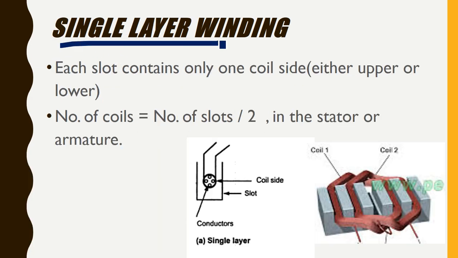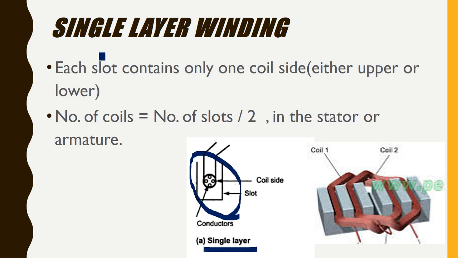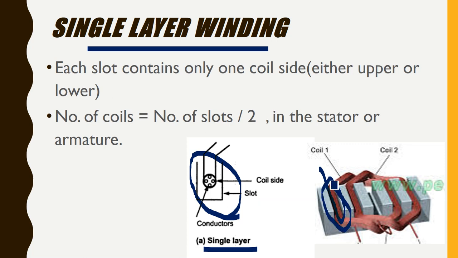Now we'll be seeing single layer winding. A single layer winding is easy to tell. Let us say we are having one slot. In the machine slot, we know this is one slot. In one slot, if only one coil side is available, so this is one coil side, this is another, this is another coil side. So we are seeing four coil sides in the slots, and each coil side will be only in a single slot. This type of winding is known as single layer winding. So single layer winding will be having only one coil side per slot.